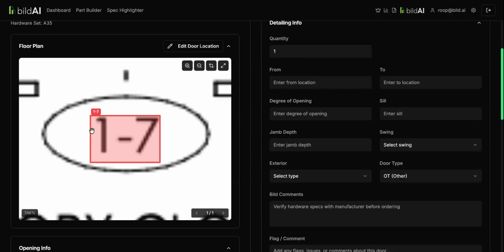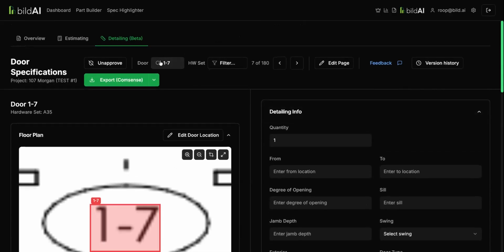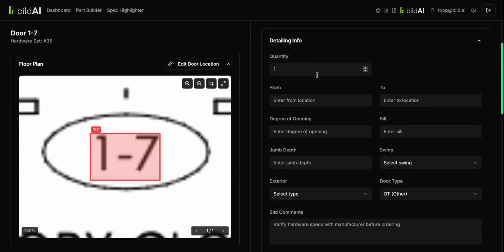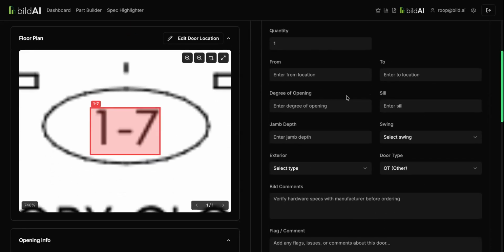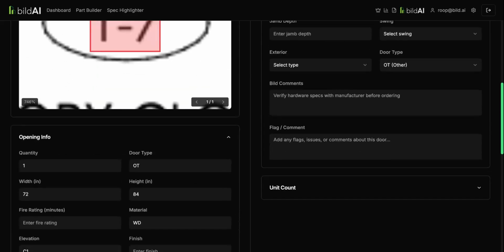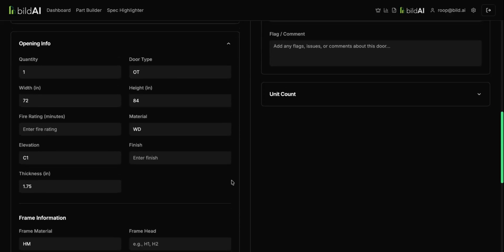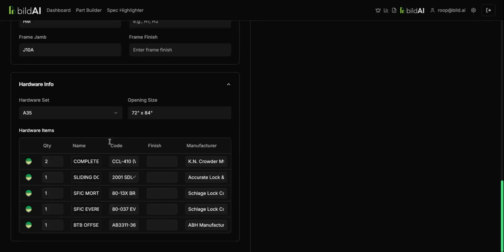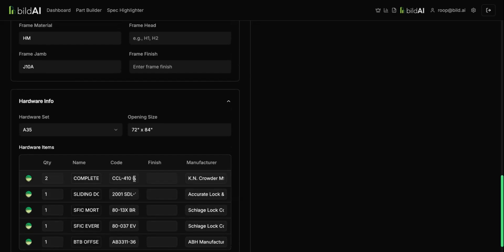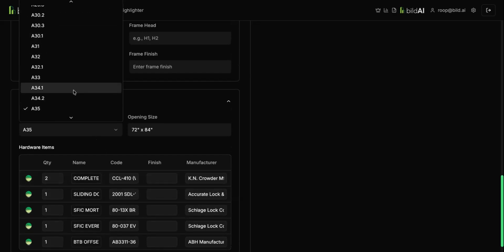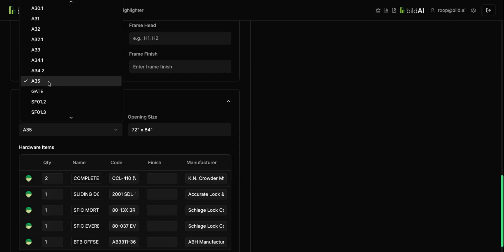Now I can click on 1-7 and it will actually take me to 1-7. So you see I'm now at 1-7. I have the ability to enter all of my detailing information here, like my from, to, degree, jamb depth, etc. But it also shows me my opening information that it pulled out in the previous steps below. So I can see my opening info, my frame info, and then again, I can see all of the hardware that is assigned to this opening. And you're also able to come in here and change which hardware set is assigned to it,